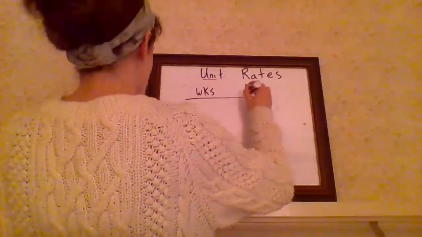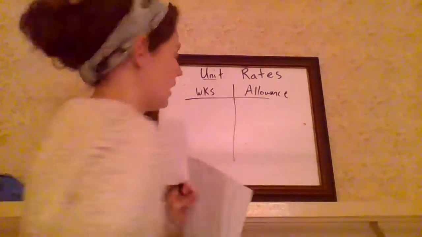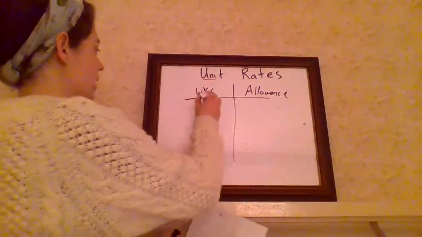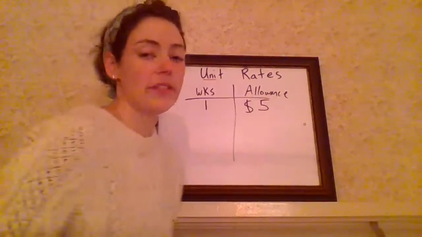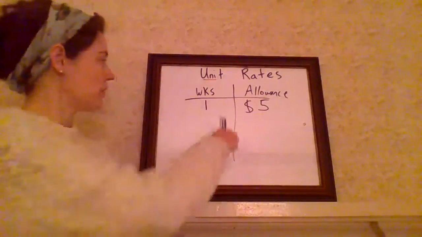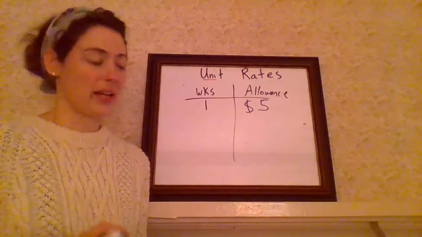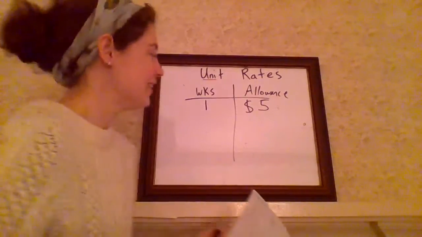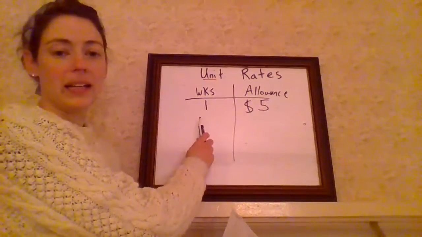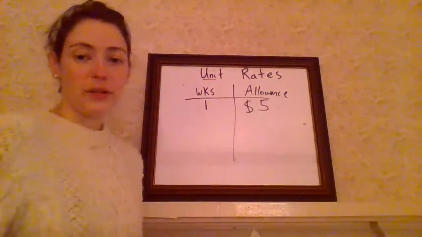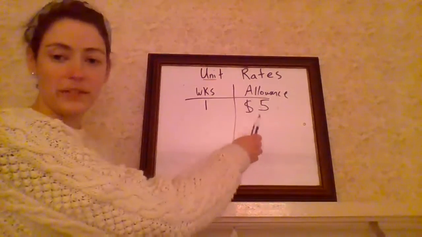So I had this chart in my teacher's manual, and it said for every 1 day a child got $5 allowance. I thought that was a lot of money, so I changed it to 1 week. So you can let me know if you get more than that, but I thought that was a lot of money personally, so I changed it to weeks. Okay, so if we have this in a unit rate that for every 1 week someone gets $5 of allowance,